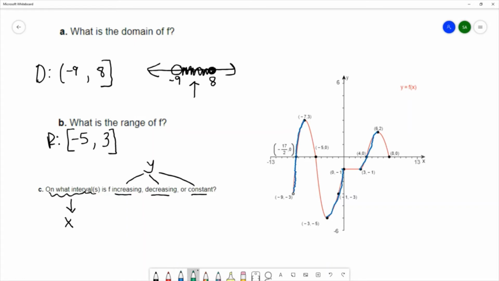Let's label in green the decreasing. And let's label in purple the constant. So now we need to identify what the x values are for each one of these intervals. So for the increasing, which is the blue interval,